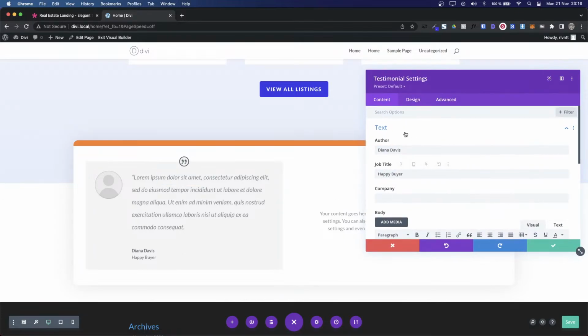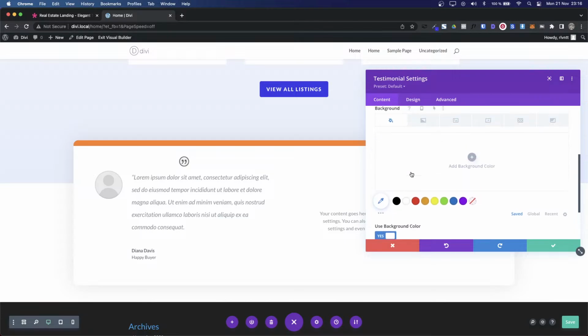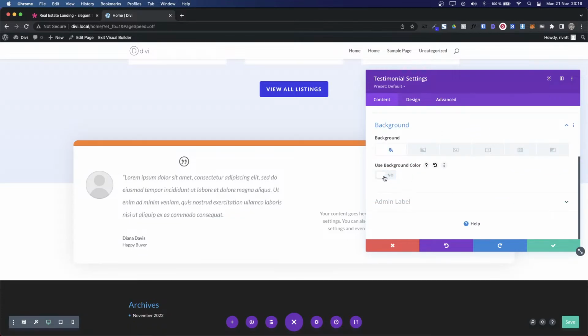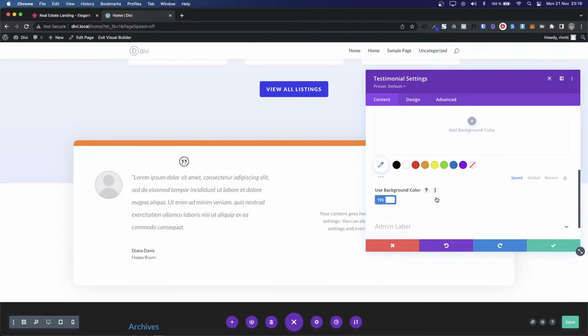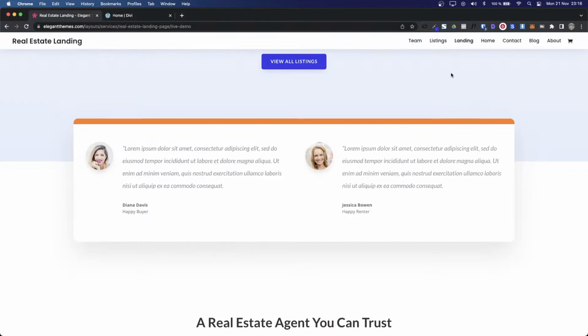And I think we should remove the background. By default, these modules come with that background. Yeah, we don't need that, that's okay. And here in the elements, I'm going to hide the quote icon. So as you can see, each module has different alternatives here, depending on what the module does. I'm not going to, well, let's do it. Let's download these